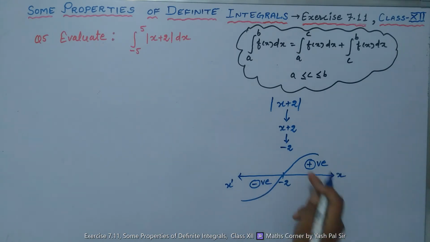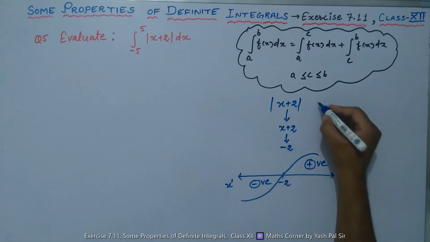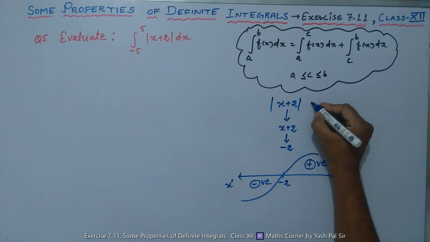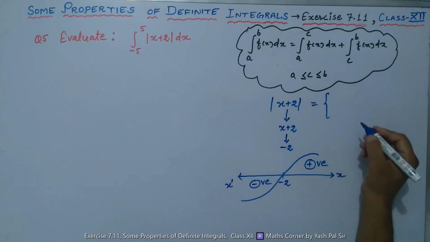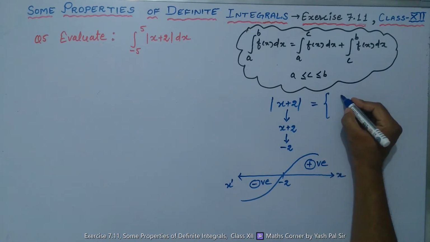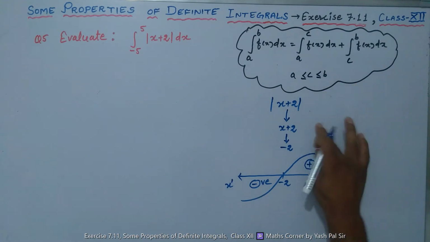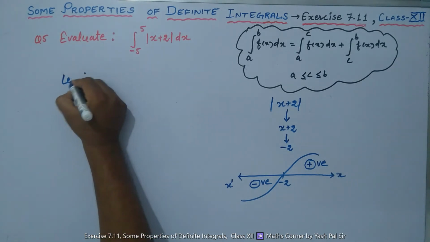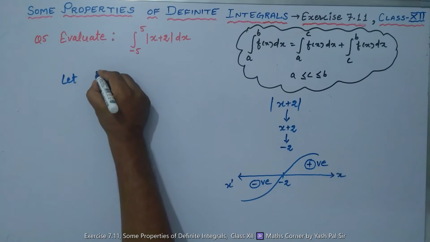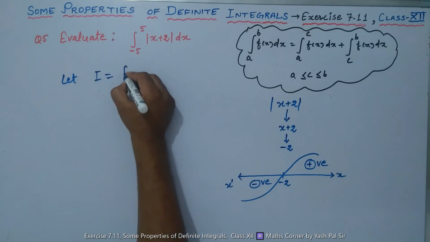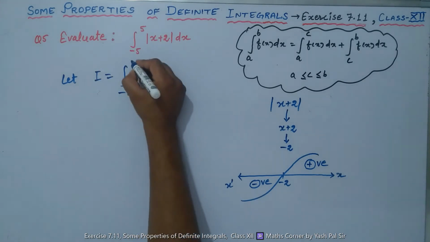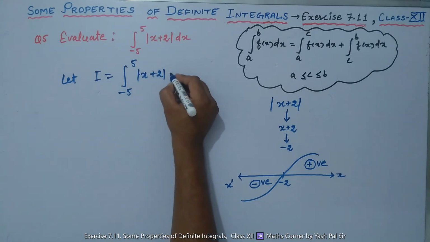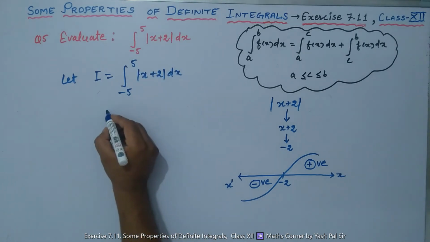So this way what we can say, mod of x plus 2 is equal to, here directly we are applying, let I is equal to the integral from minus 5 to plus 5 of mod of x plus 2 dx. So this can be written as